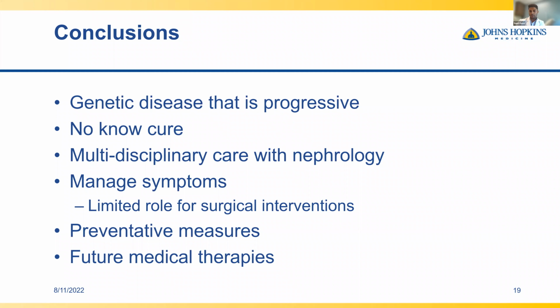Cyst, lap cyst decortication, for very large cysts that are not amenable to aspiration or recur and cause pain or obstruction, or hydronephrosis, renal cell carcinomas, or non-functioning kidneys causing pain. We really want to focus patient care on preventative measures, so dietary modifications, controlling the blood pressure, and making sure